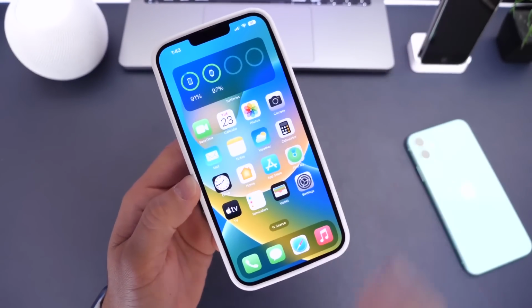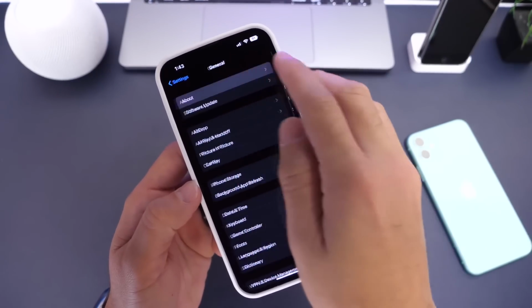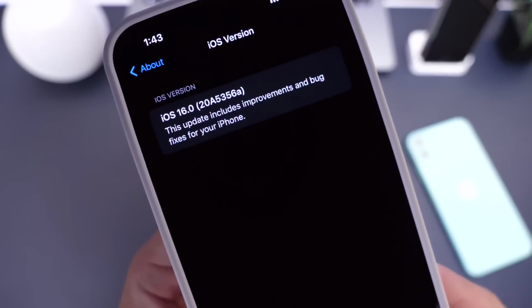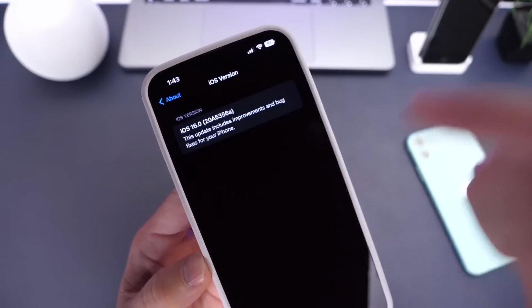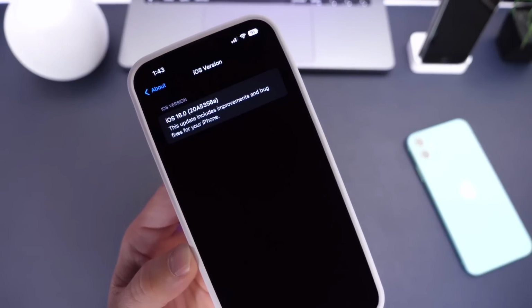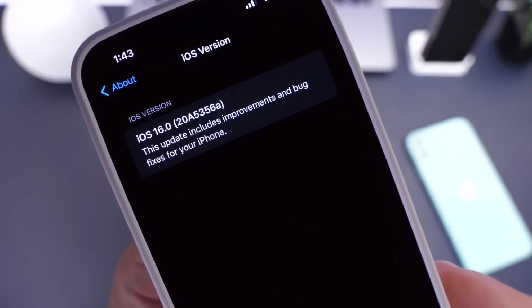We'll get to those details here in just a second, but let's head on over into settings here, general, and then we go into about, and let's take a look at the latest build number. There it is. By the way, there's a change there. As you can see, as I click into the build number, it now brings me directly to a different page instead of clicking into the build number itself. So let's go ahead and take a look at the build number. There it is,